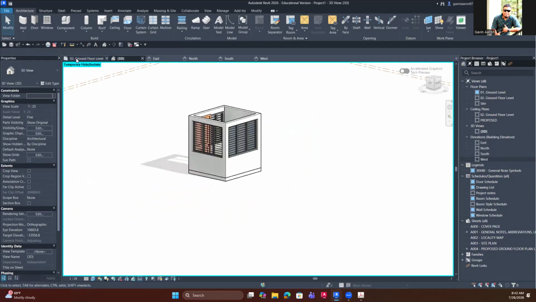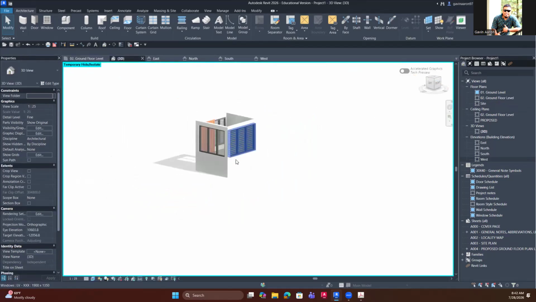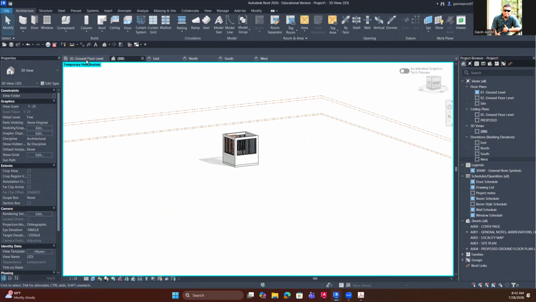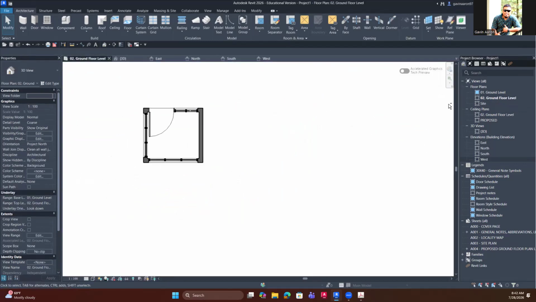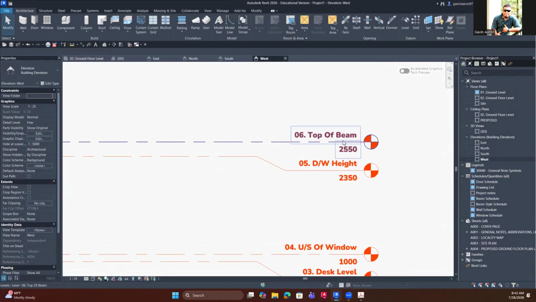Right. But once you've done with that, we're going to draw our roof because we have done everything. That's up to one window, walls all created. So if you're going to draw our roof, we need to check the highest level. Where's the highest level? The highest level is top of beam, and we don't have it in our floor plan, in our project browser. So what we need to do, we need to go to view,